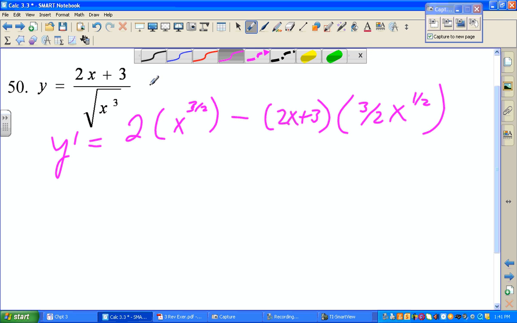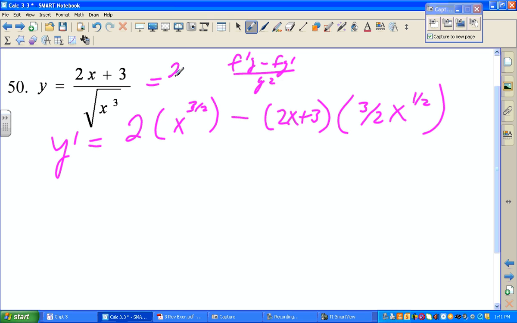This is a rule you learned yesterday. Quotient rule, you bet. F prime of g minus f g prime over g squared. 2x plus 3 over x to the 3/2. Okay, that's the rule we used. Quotient rule: the derivative of the top times the bottom minus the top times the derivative of the bottom, all